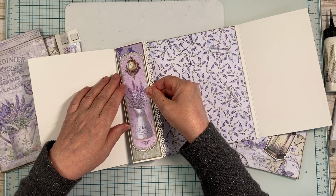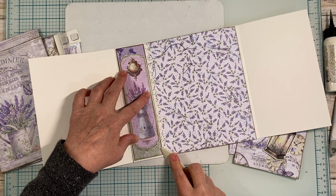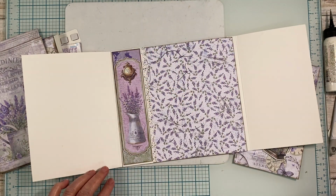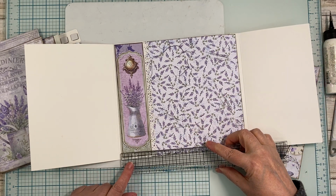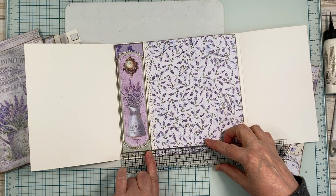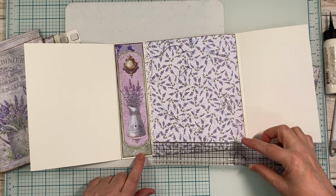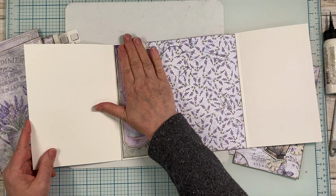So I'm just going to take and line it right up. Oh, you know what I didn't tell you? My apologies, people. But this piece of cardstock was 2 1/4 inches across, and then if you add an edge, mine ended up being at 3/8, and then I had at least a 1/2 inch for tape on this side. All right, so now that's in,